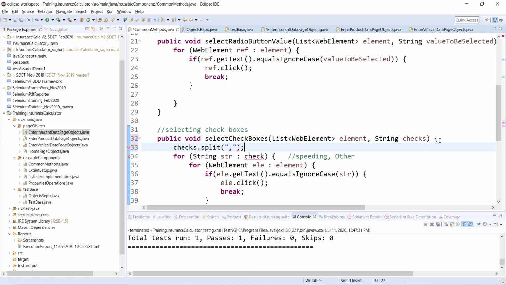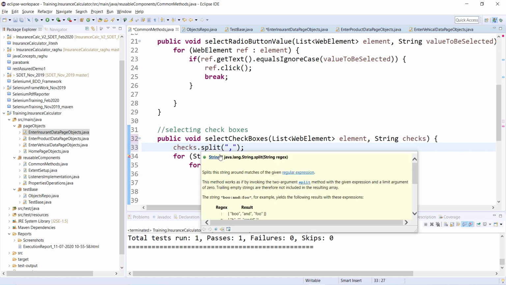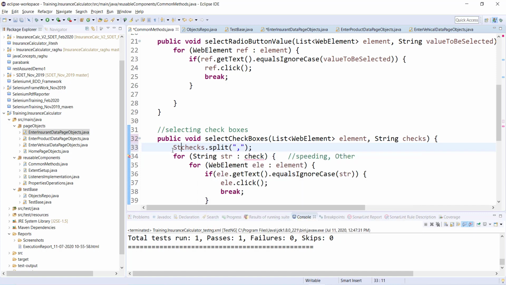So in my case the separator is comma, right? So this split method will return me a string array, and that's fantastic. So now what we'll do is we'll return checks array. Checks array is equal to this, okay, great. And now what I'll do is instead of list, I will simply iterate over checks array,